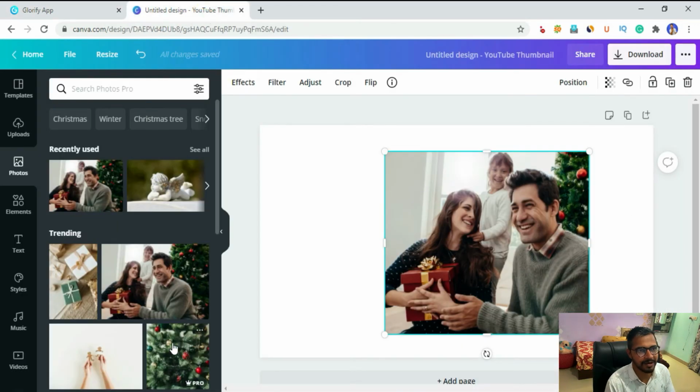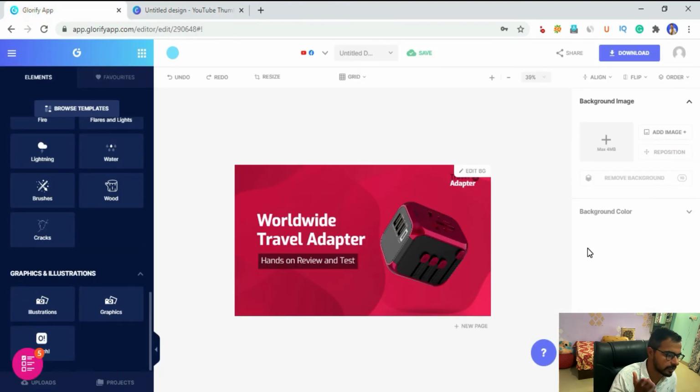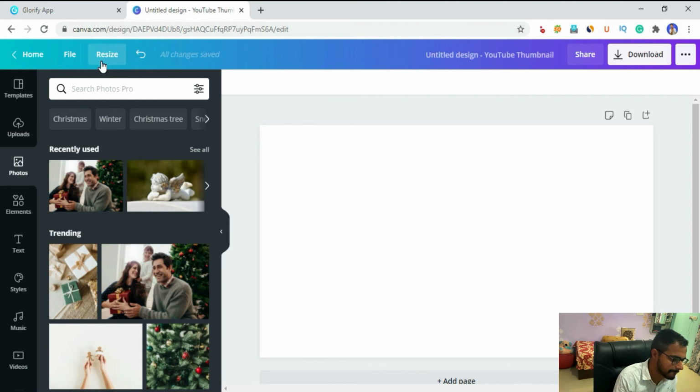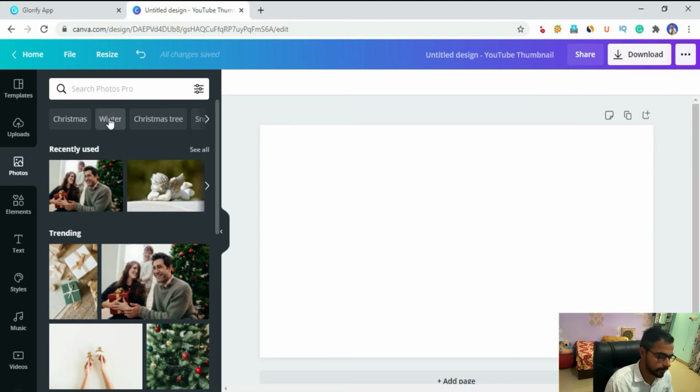Coming to Canva, probably you already know what its pros and cons are, but the features I told you, drop shadow, reflection, gradient color on text, these things are not available inside Canva. And I have also checked the background remover of both apps, and it works perfectly fine. Keep in mind that the background remover has a limit inside Glorify. It depends upon your plan, but you can purchase a specific background remover once you find you have enough use for this month. Okay, but inside Canva you have unlimited background remover.